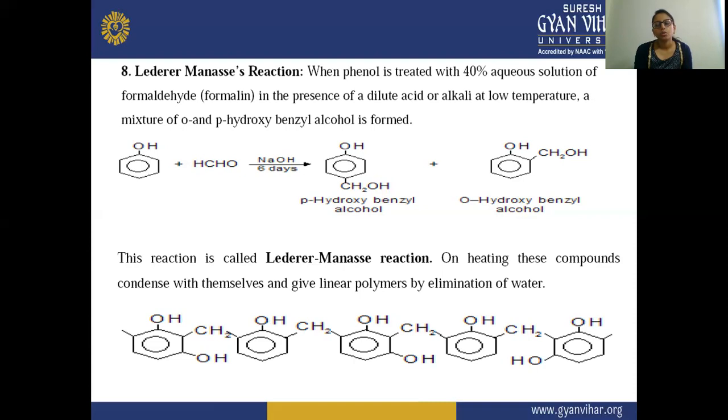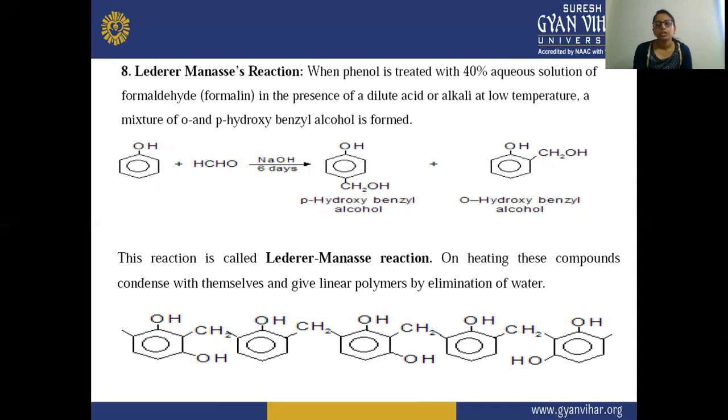And one is your ortho-hydroxybenzyl alcohol. So benzyl alcohol is the main name, and the hydroxy is your substituent. So there is a formation of a mixture of two molecules, that is ortho and para hydroxybenzyl alcohol. So this reaction is called